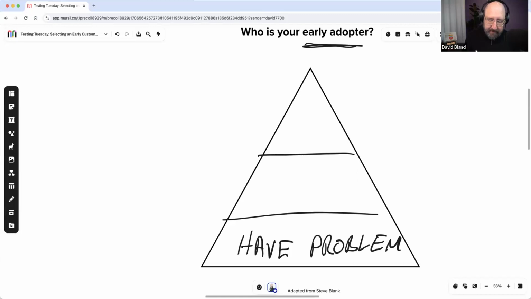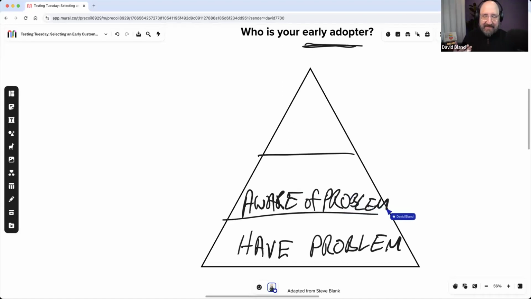So first off, do they have the problem? Next is, are they aware of the problem? So that is another piece of this, which is, okay, I have the problem, but am I actually aware I have it as well? And so that little nuance can really throw a wrench into how you get to your early adopters, right? If you have to essentially educate them and make them aware, then that's a slightly different way to get to them versus, oh, they're already problem aware, or at least